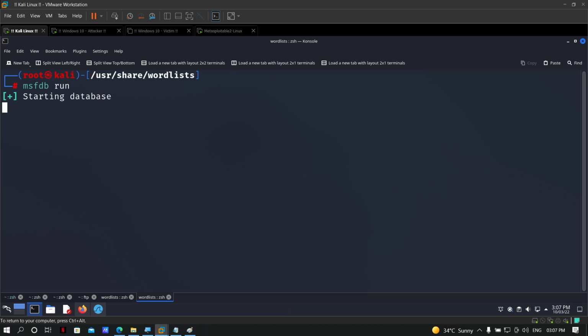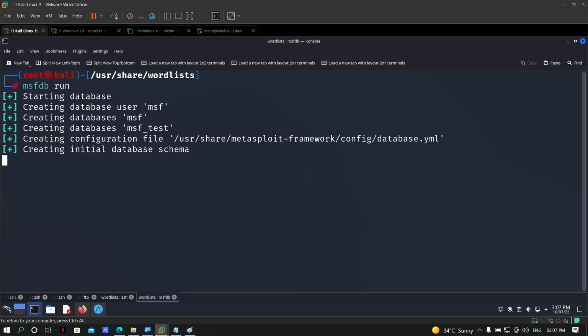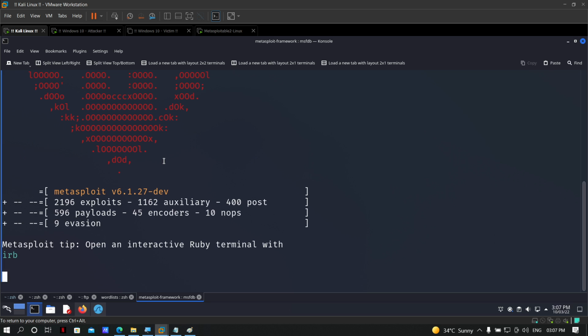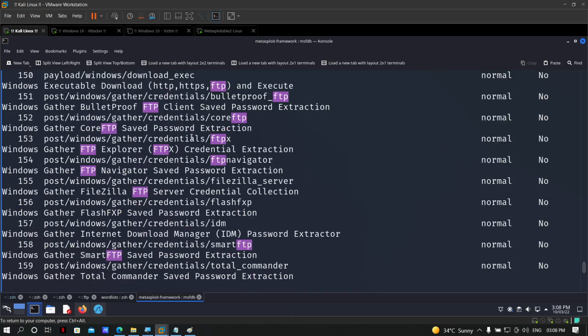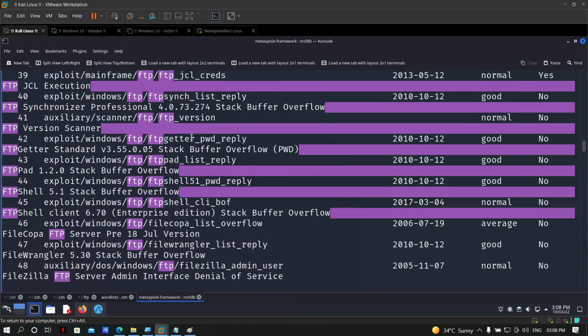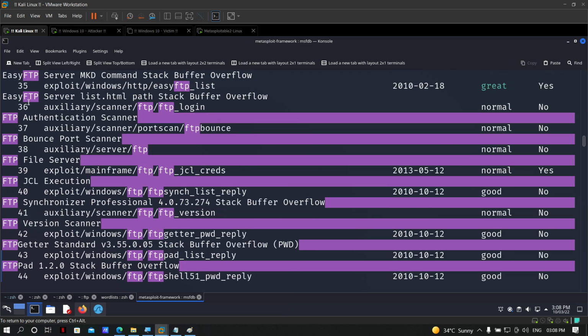Again, in MSF you have different auxiliaries that you can use to brute force your different services, right? For example, let's just search here for FTP, right? This will give you a complete list of different modules, right? And some of them here are your auxiliaries.